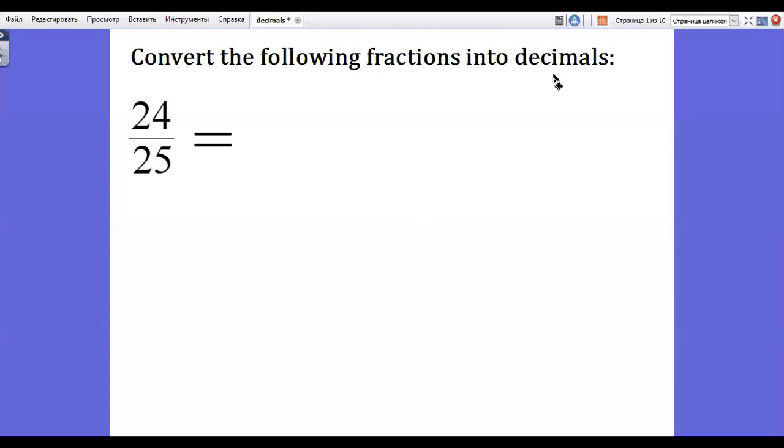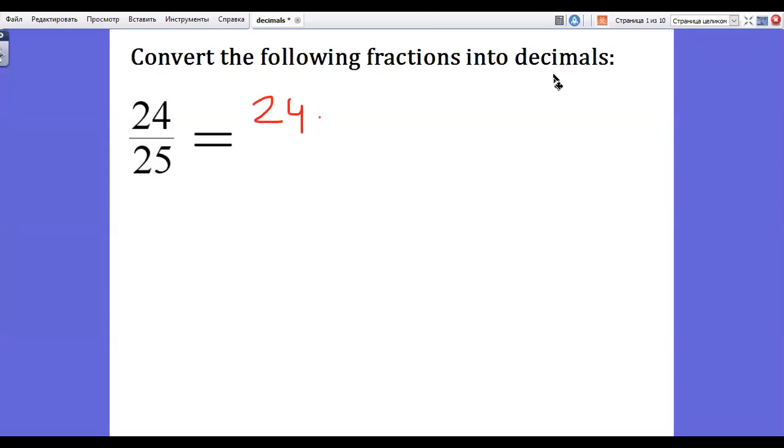Hello dear students, in this video we are going to solve examples for decimals from practice book. So let's start. In first example, we are going to convert fraction into decimal, and we have fraction 24 over 25. Okay, to convert this fraction into decimal, firstly we will enlarge this fraction by 4, which means multiplying